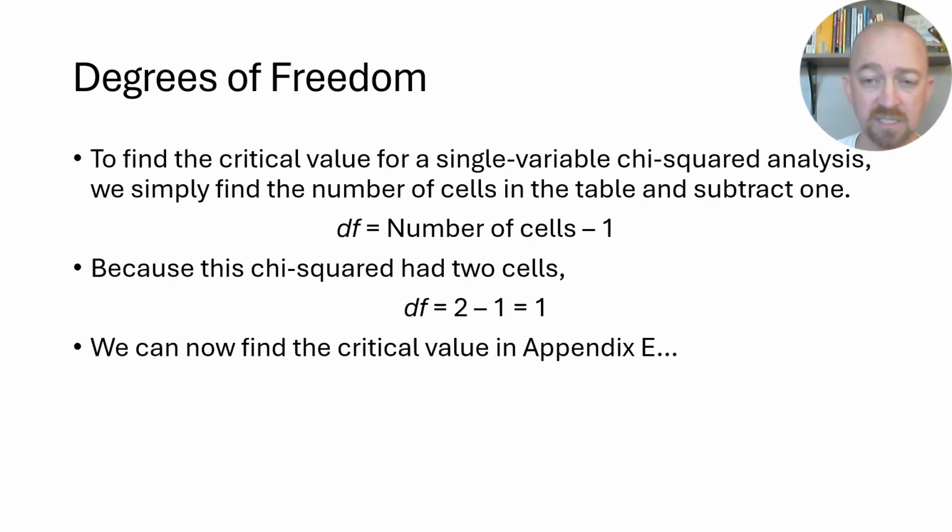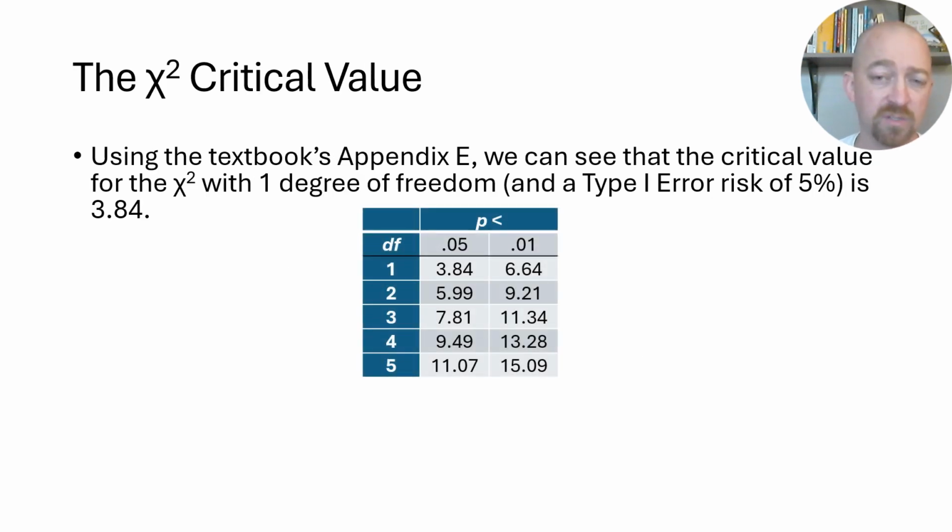If you don't have my textbook, you can find similar chi-squared critical value tables online. You can just Google those. There are also some websites that will calculate it for you. It doesn't matter how you find it, just make sure it's accurate. This is what it looks like in my appendix, however. In Appendix E, you'll see a big table that looks very much like this. Now, what we're doing here is we're looking for a chi-squared value with degrees of freedom of 1,